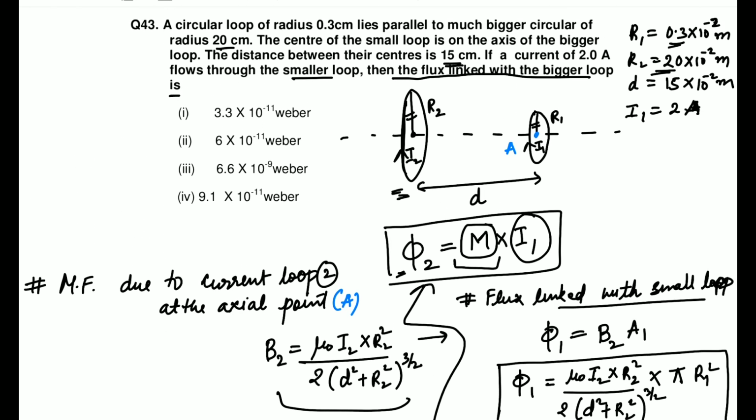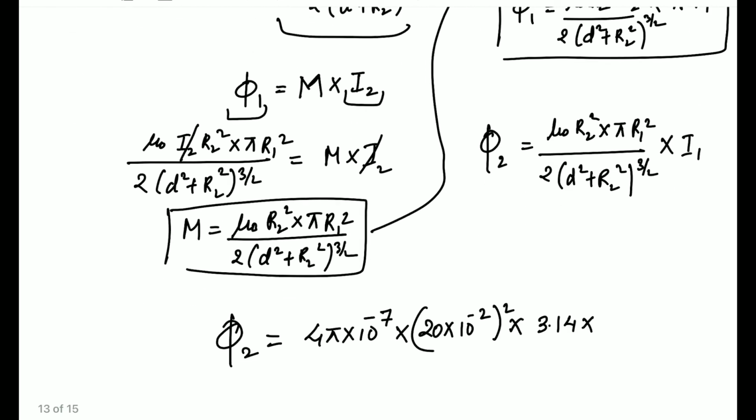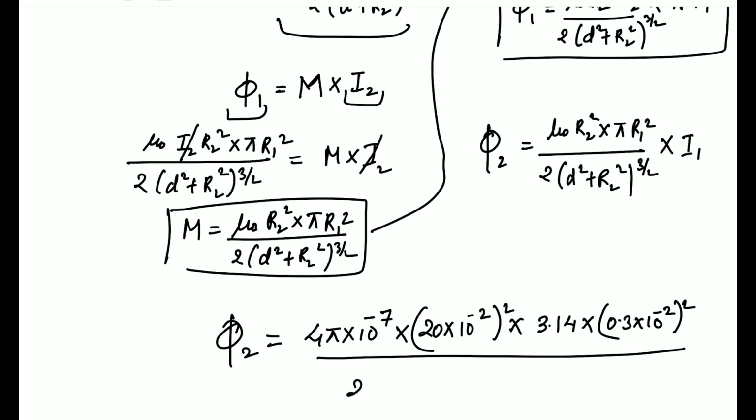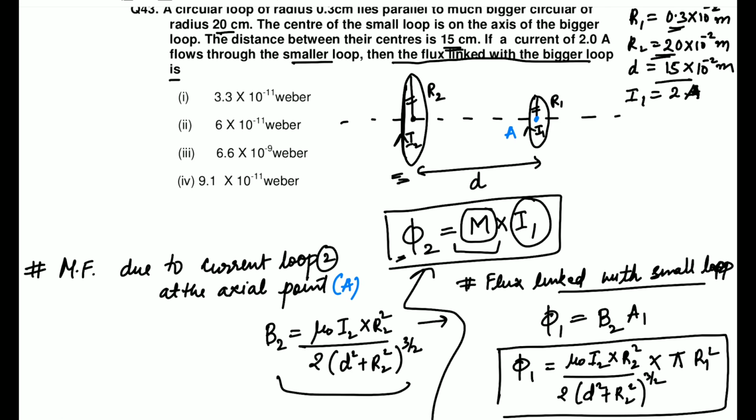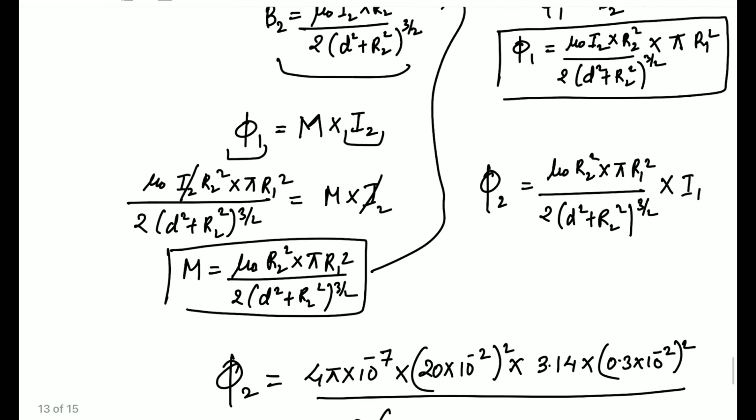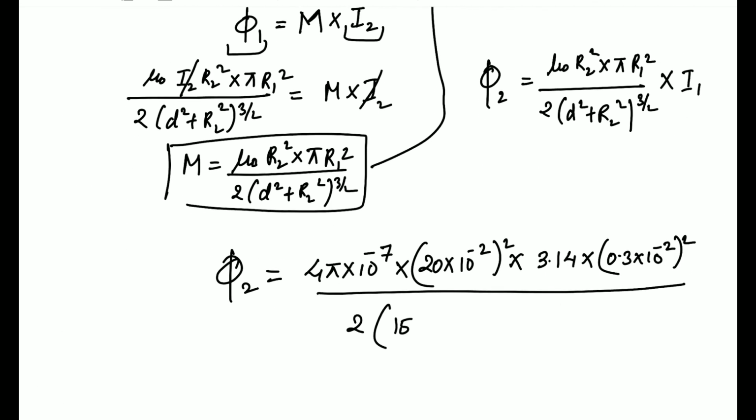R1 is 0.3 multiplied by 10 to the power minus 2, and this is whole squared, divided by 2. The distance between the loops is 15, yes or no? So this is 15 into 10 to the power minus 2, again whole squared, plus radius